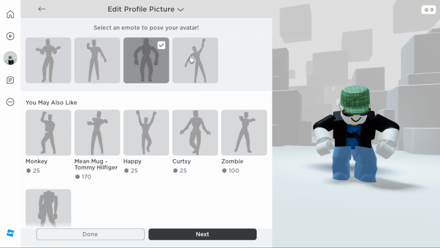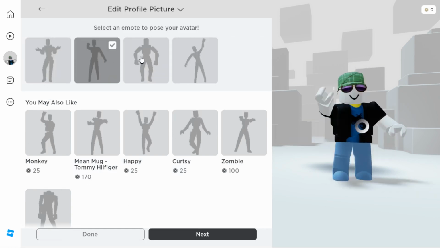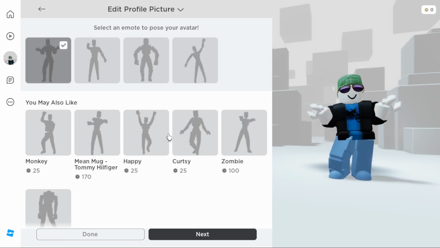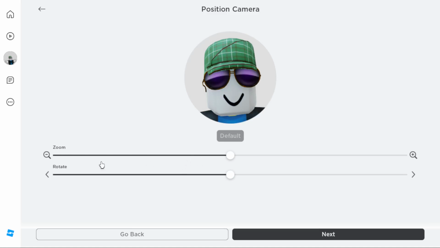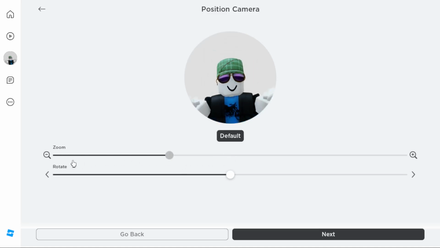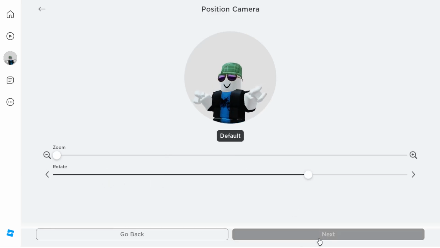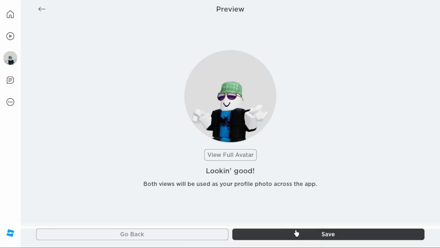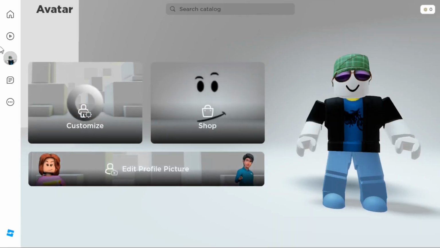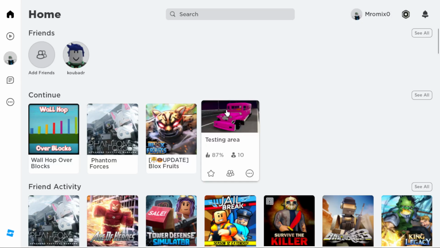So as you can see, we have here different poses. We have 4 poses, so choose whatever of them, then click at next. And of course you can zoom out or zoom in to show your pose. You can even rotate your character if you want. So then click at next, and as you can see, now you'll need to save, and you actually saved the change of the pose on your